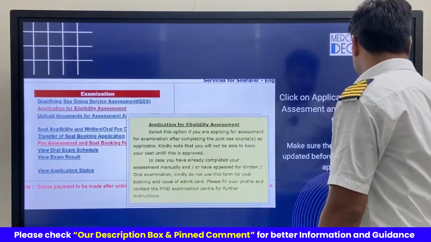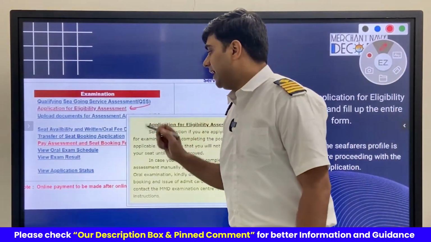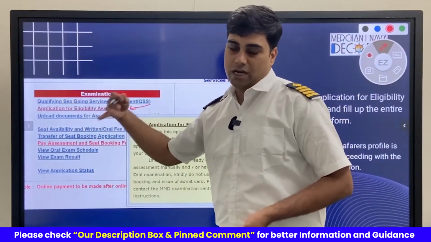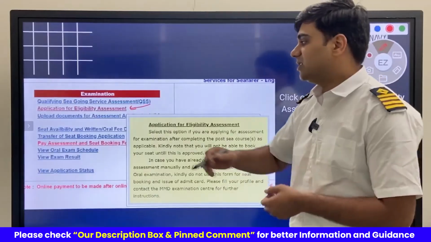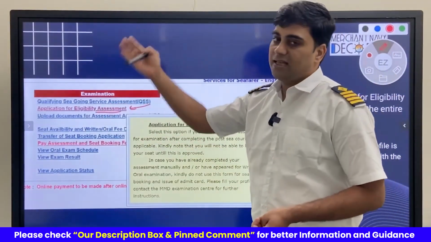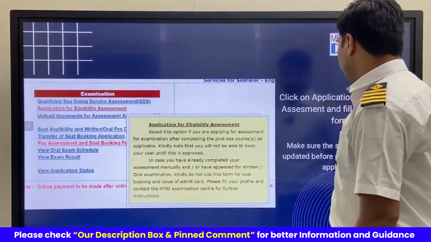Once we have done that one, the first thing, as we said, is the eligibility assessment. We have to put up an application for the assessment eligibility. We click on this one and then fill up all the details. They will keep on asking for certain details. Once we have done that,